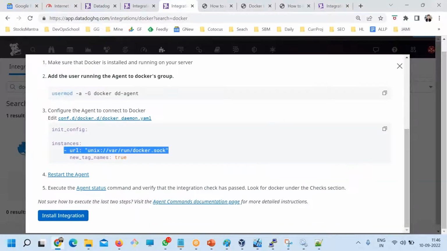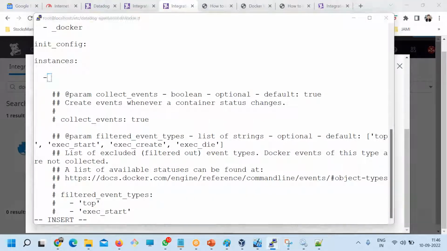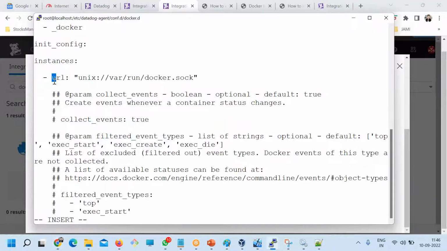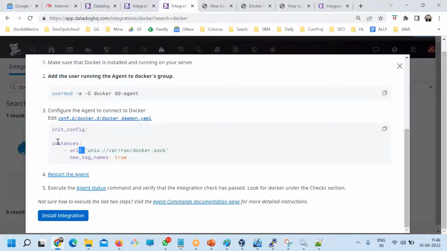And URL. So here hyphen URL, and this is the one, and this is the tag.